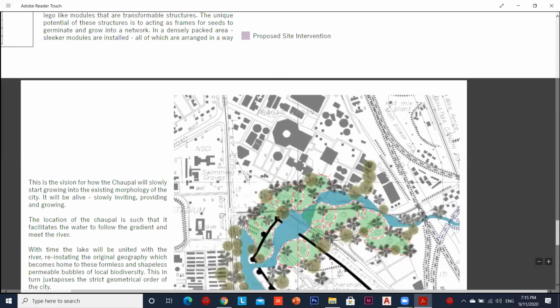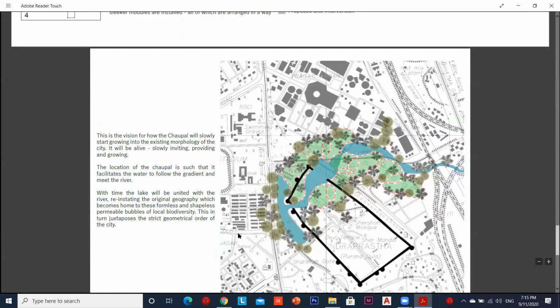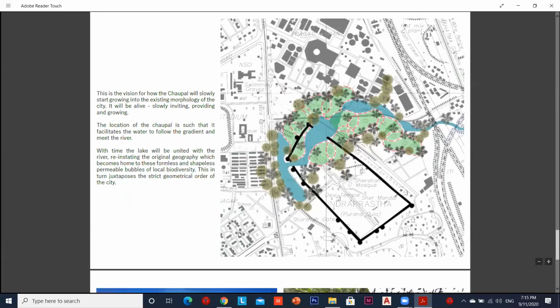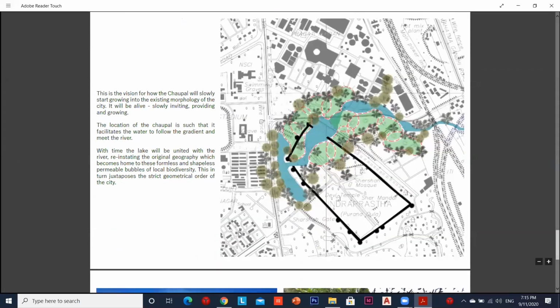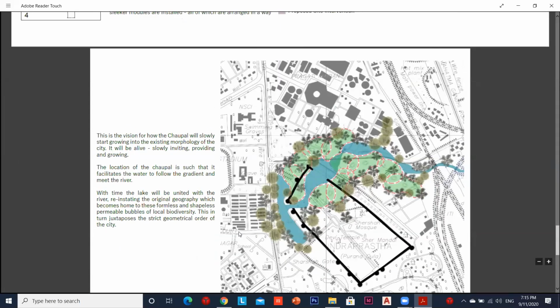Yeah. No, I think it's on point. And the idea is that we don't create isolated spots. If we create something like a bus stand, they're never going to interact with each other. All of these systems have to be synchronous, and a network has to form for this whole nature taking over visual that we have in our mind. So that's why we're trying to strategize these pods everywhere, so that they become a network in themselves. That is what we're trying to show with this plan.